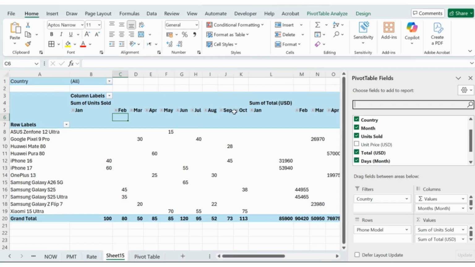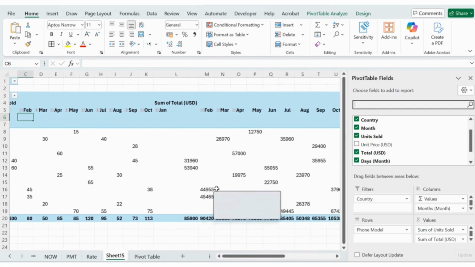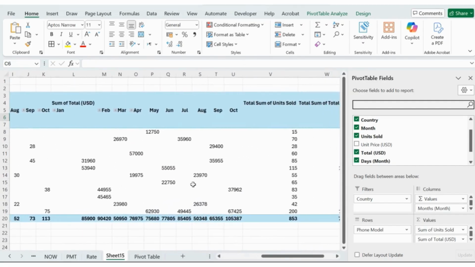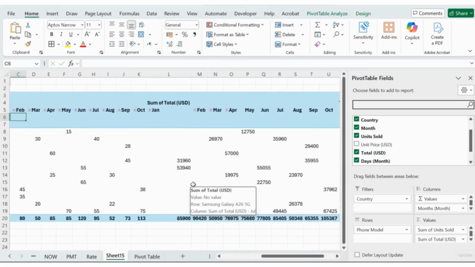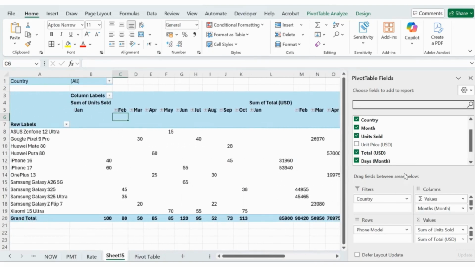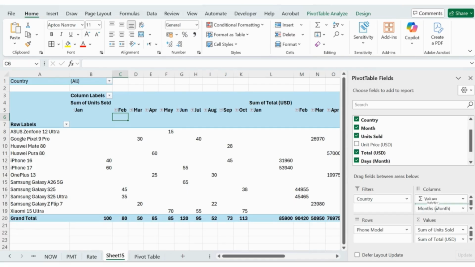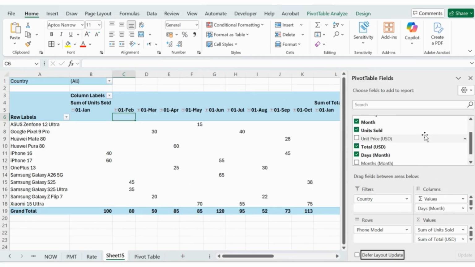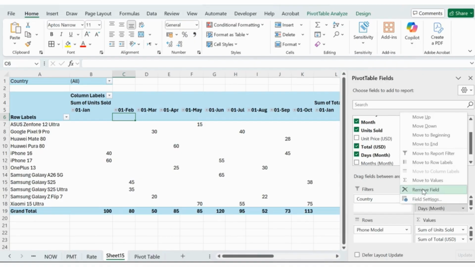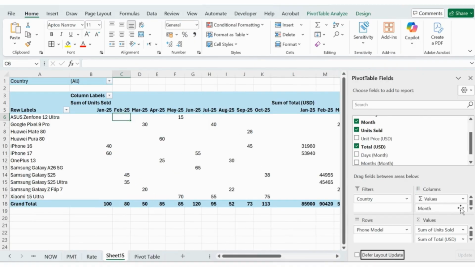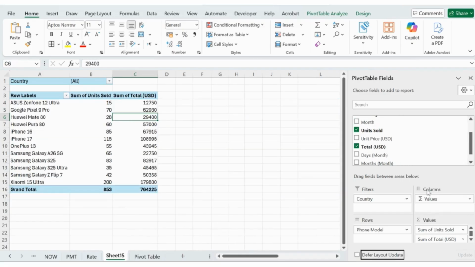You can add multiple fields to any specific area in a pivot table to gain deeper insights. For example, you might add a field such as month to the columns area to display data broken down by each month, allowing you to compare trends across different periods. Pivot tables are very flexible, so if you later decide that a field is no longer needed or is cluttering the view, you can simply remove it from its area without affecting the rest of the table. This makes it easy to experiment with different layouts, focus on the most relevant data, and create customized views that